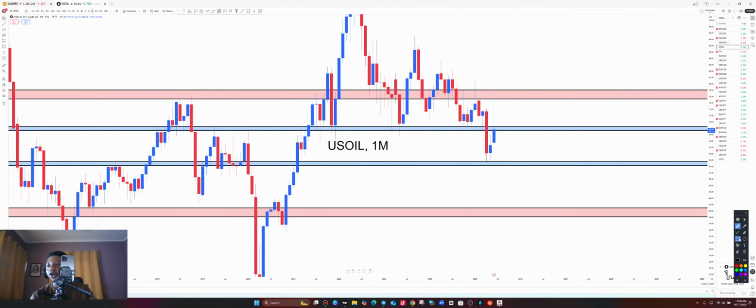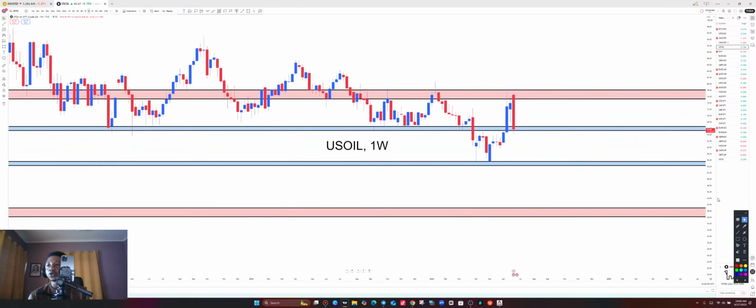So US oil on the monthly time frame, this becomes a lower low. This area also becomes a lower high, meaning that there's going to be sell pressure from this lower high to bring the market all the way to the downside. So US oil, we are looking for selling opportunities as the monthly is also telling us. Now let's go again to the weekly time frame where we can add more meaning to this analysis.